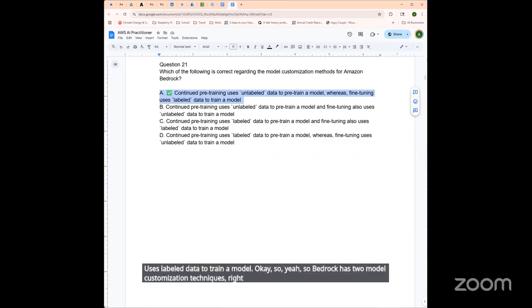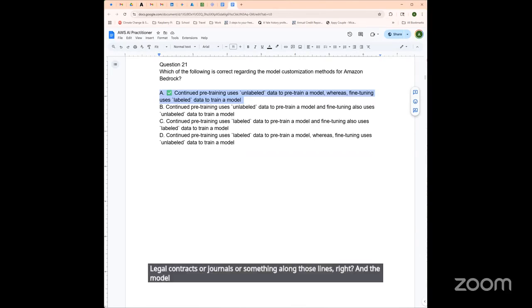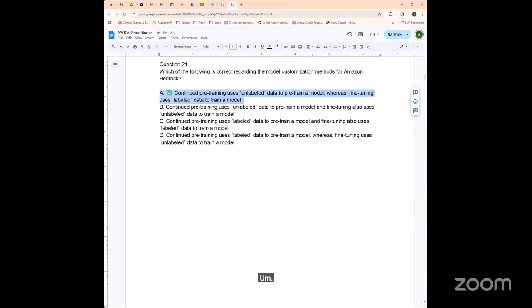There's pre-training, which uses unlabeled data to improve the model's understanding of specific domain content. It enhances the general knowledge of the model using raw documents, think legal contracts or journals, and the model will learn context representations without knowing the specific expected output. And then labeled data would teach the model to perform specific tasks, like classification and summarization.